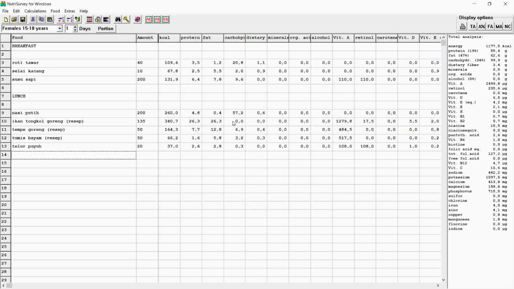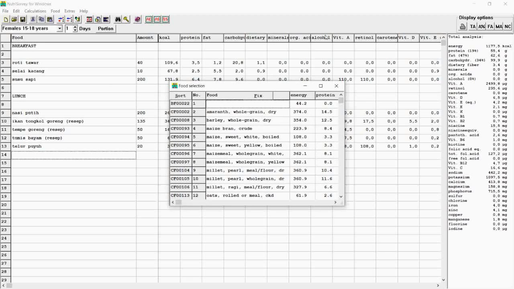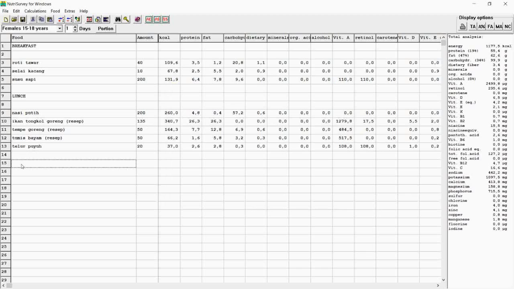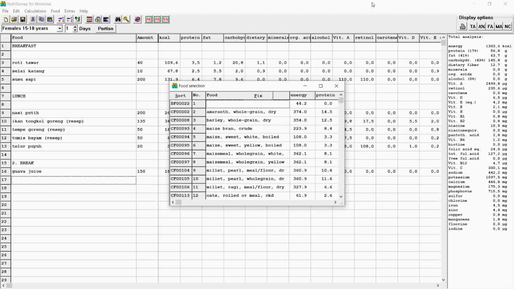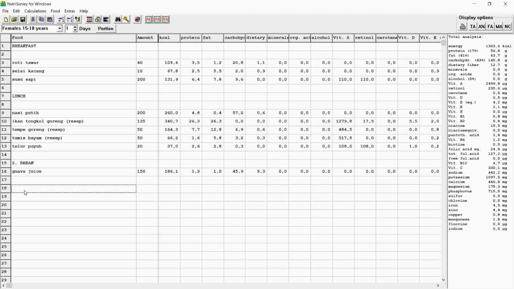That's all for her lunch. She reported that she had a second break, so we insert second break. She had a guava juice for her break, 150 grams. She didn't have anything else during her break, and then we continue with dinner.